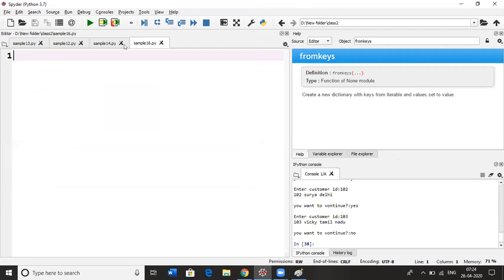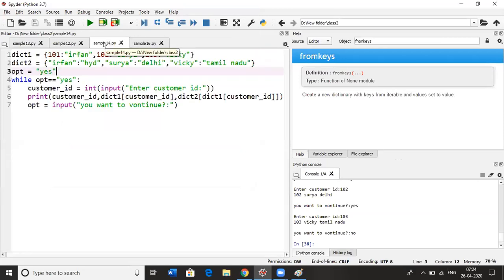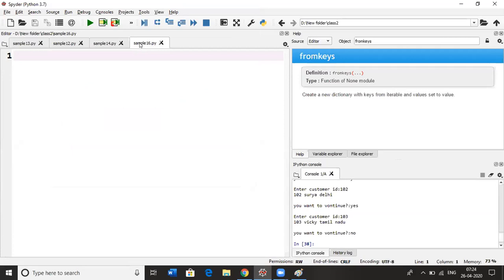Now we are going to see the modules. So what are modules? Whenever you write a program in a file, that is a module. You can use this module in another program, so this becomes a module for this program. So how can you use the modules? Let's see an example here.